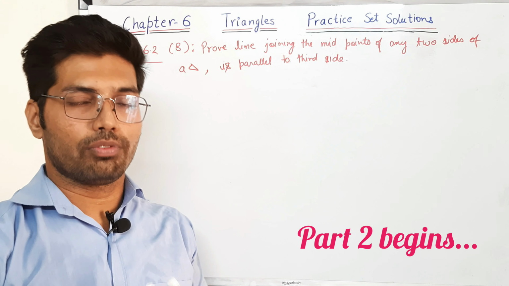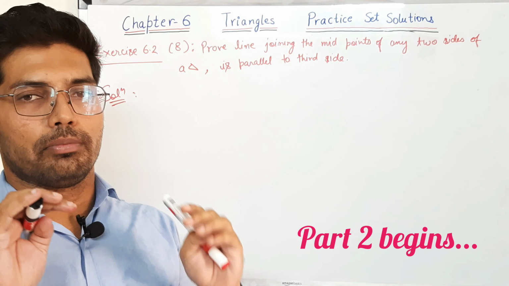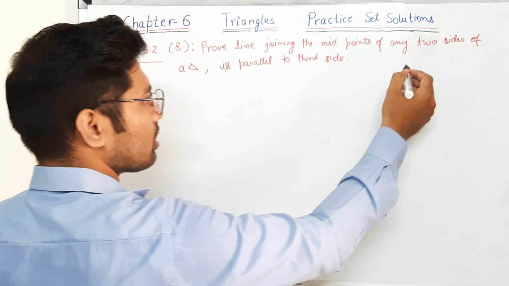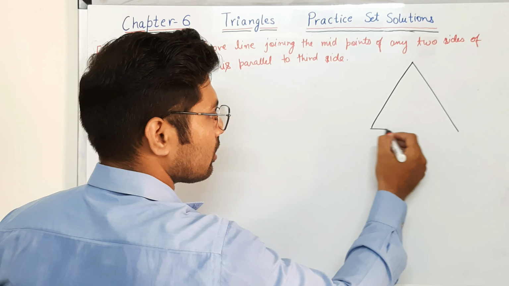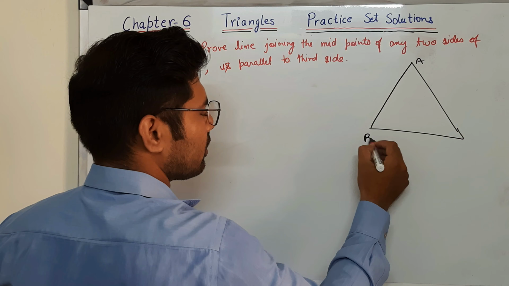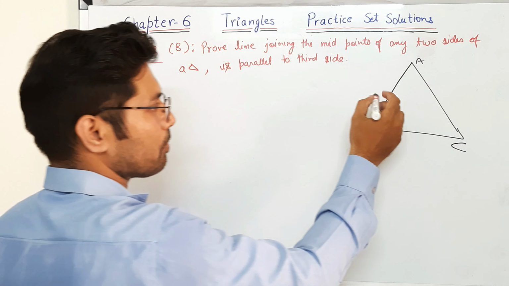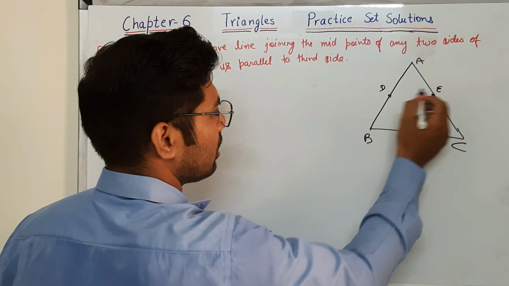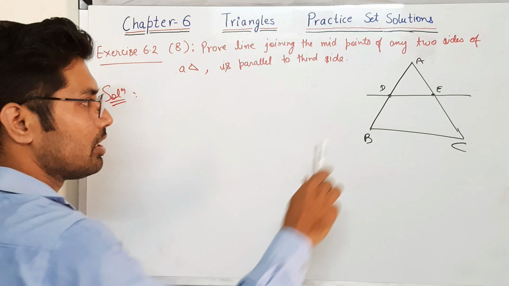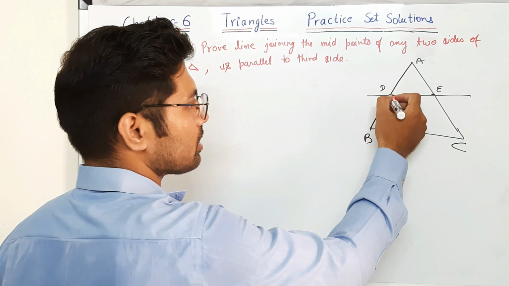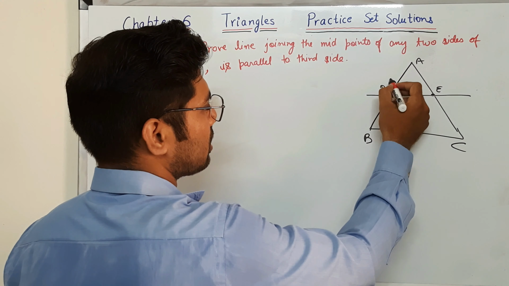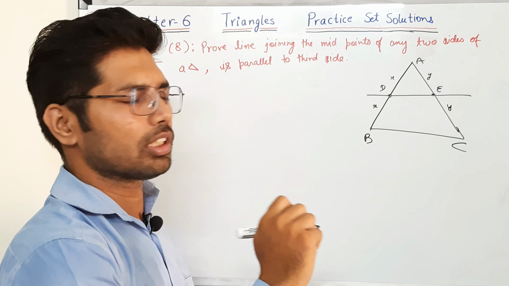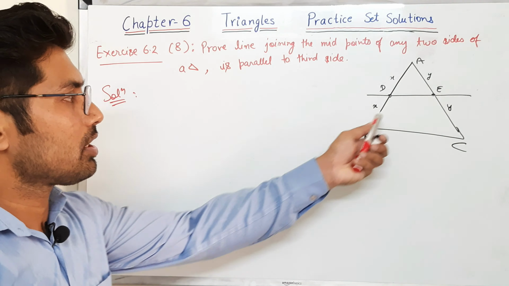Here we need to prove that in a triangle, if a line bisects two sides, then it should be parallel to the third side. For example, this is a triangle ABC. Any line passing through the midpoints of these sides, like this D and this E, should be parallel to the third side. Bisects means this is the middle point. So for example, this is x, so this also should be x. If this is y, this should also be y. So this is a middle point actually. We need to prove that this line is parallel to this one.